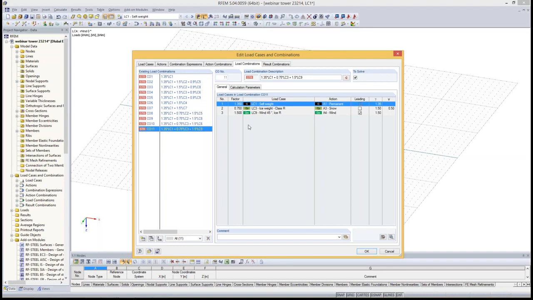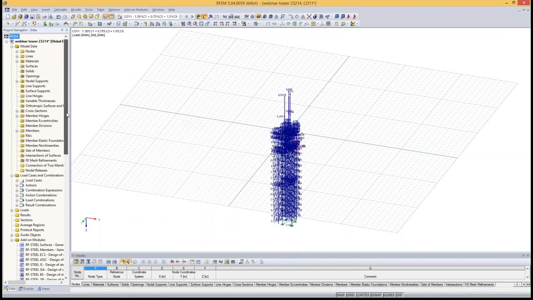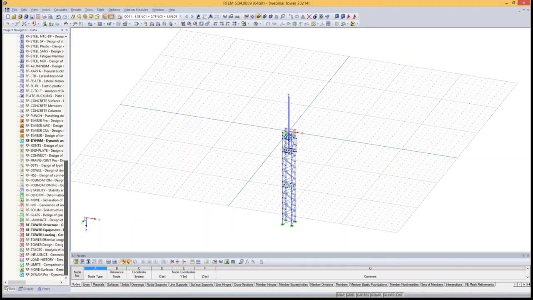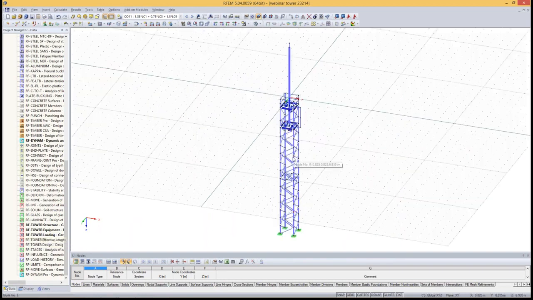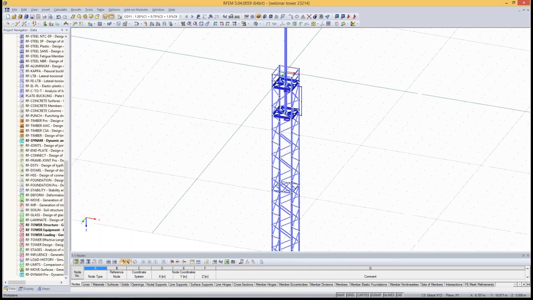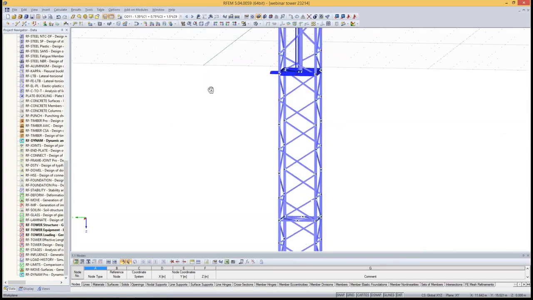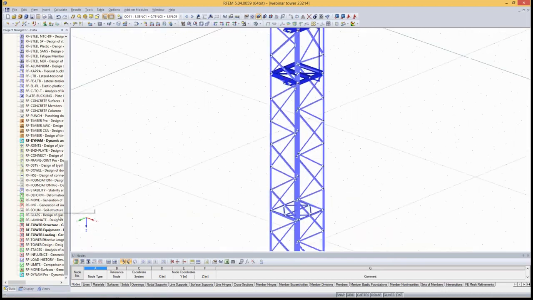Okay, that's it. We can move on to prepare the design of the structure. Before the design, we could also use tower effective lengths to generate effective lengths of bracing members, but in our case we have just diagonals and no X bracing, for example, and we don't need to calculate effective length factors automatically. We can skip directly to the tower design module,